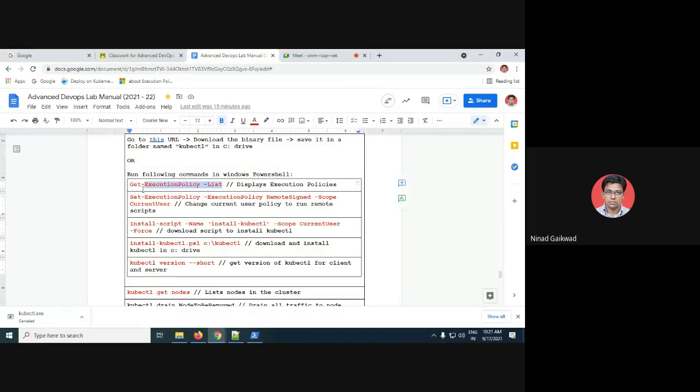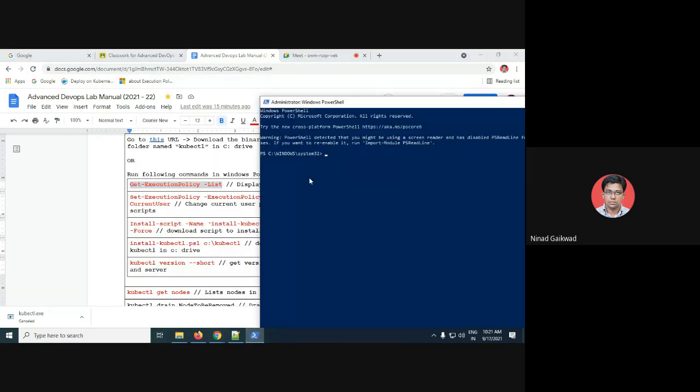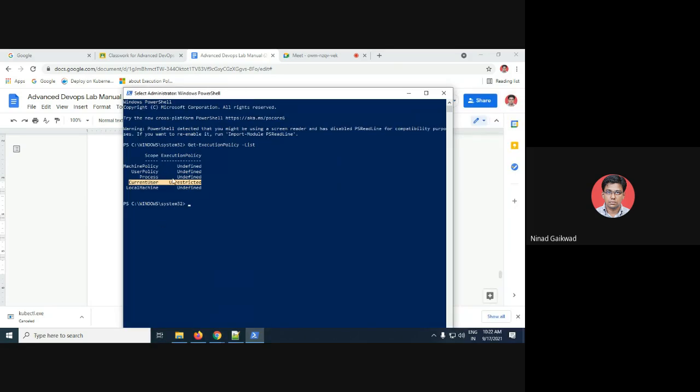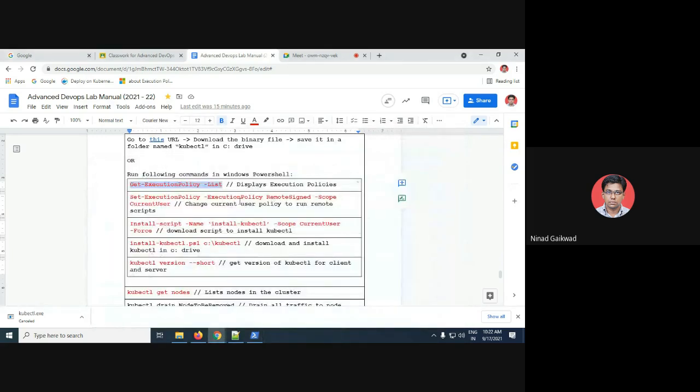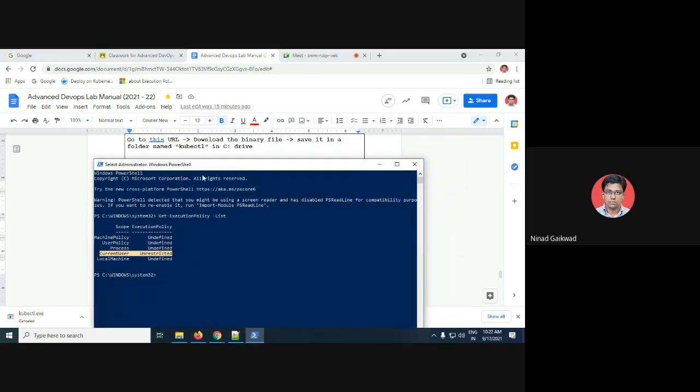So the description is already given against all these commands. You'll just get the execution policy. You can see that for the current user, that is the administrator current user, I've changed the policy to unrestricted. And that is because I want, okay, this should be RemoteSigned, if you want to execute any remote scripts. If you want to download scripts, so basically what we are doing over here is we are looking at what all